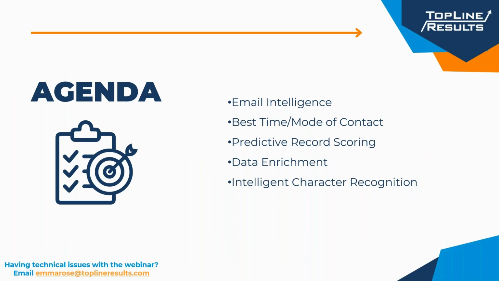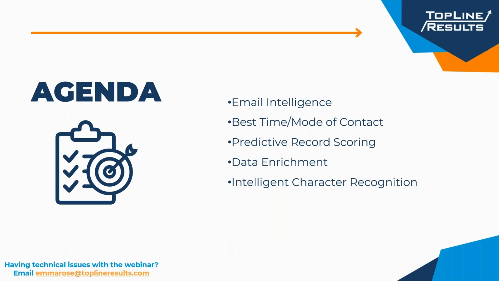Now, during today's webinar, we're going to go over 5 main things. The first is going to be email intelligence, which is a whole suite of email features, but we're primarily going to be focused on email emotion, sentiment, and intent. We'll also take a look at some functionality where we can see the best time and mode of contact for any given person in the system, and that's going to be built on any previous interaction history we have. So we can target our timings of contact or modes of contact based on what works best with that particular